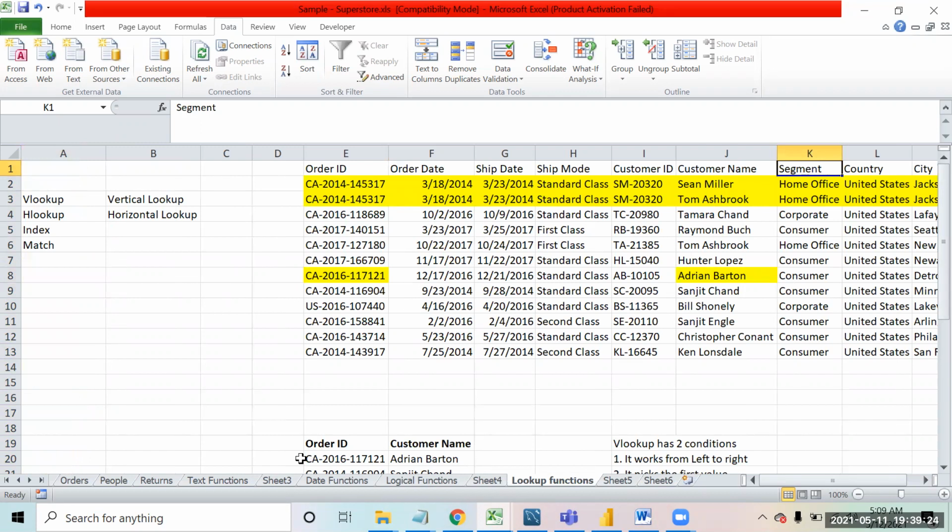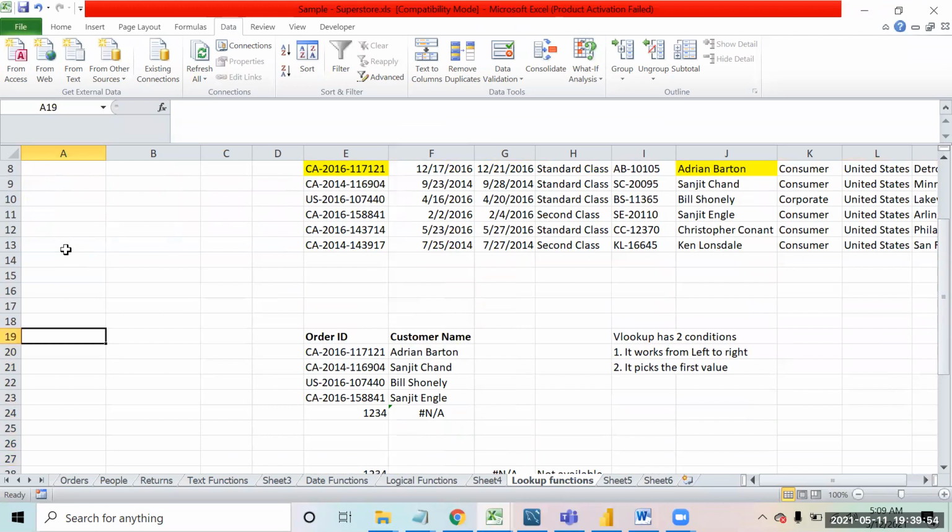So now what we are going to do over here is explore two functions, match and index. They are very important functions. These are two different functions that we use separately. Match is a different function, index is a different function. And then we are going to use them together, where we will see how they can be used as an alternative to VLOOKUP. So let's get started.